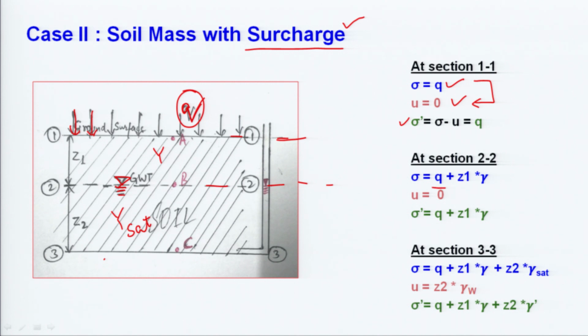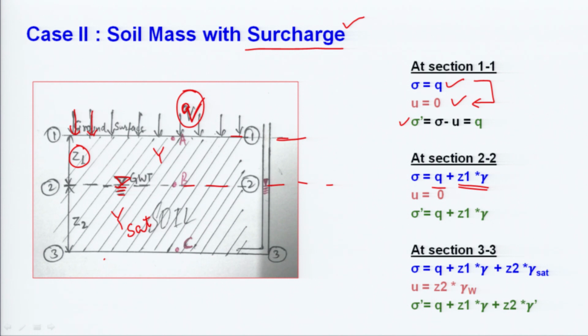So, we have taken this thing, and also this Z1 height is there. So, Z1 into the gamma value, because we do not know the saturation or exact value of the saturation, that is S is equal to what, if S is equal to 0.5 or S is equal to 1. So, we do not know that value. So, sigma is equal to Q plus Z1, this height will be this height, this soil mass, the above this section, above this 2.2 section there is a soil mass which will be exerting some weight over the soil. So, that will be equal to Z1 into gamma.